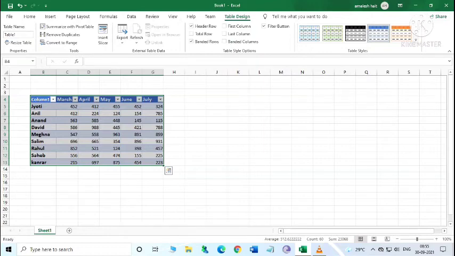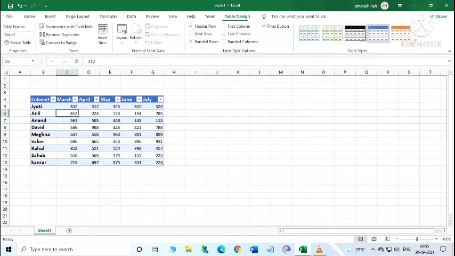Okay, now if we want to use sorting for our table using the slicer, then at first we have to select any cell in our table. So suppose we are selecting the data here.